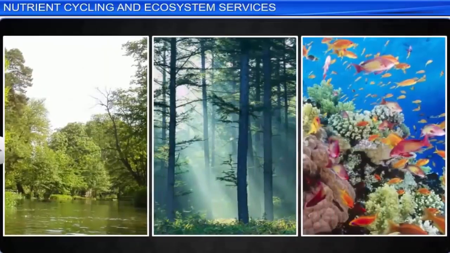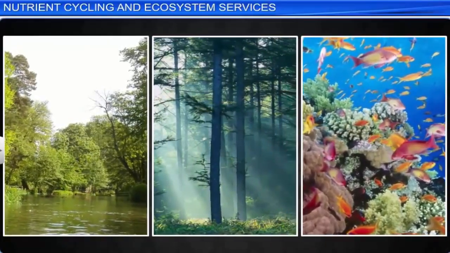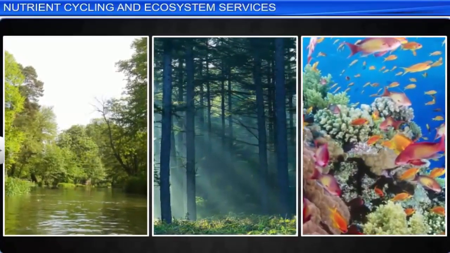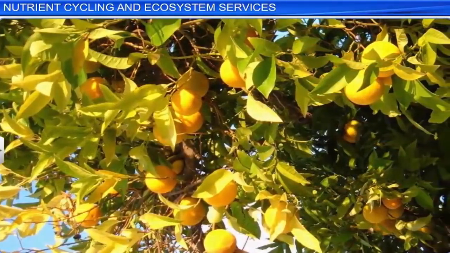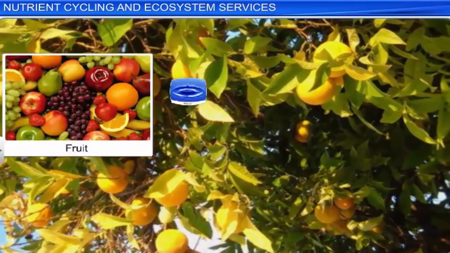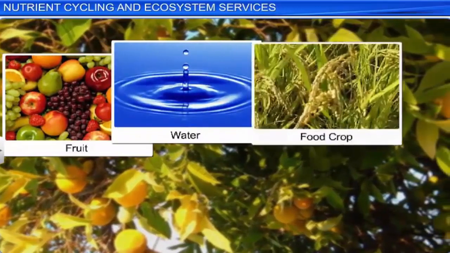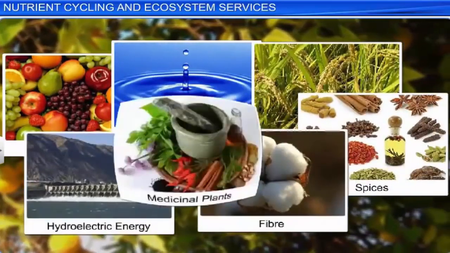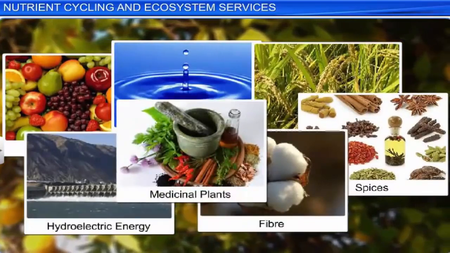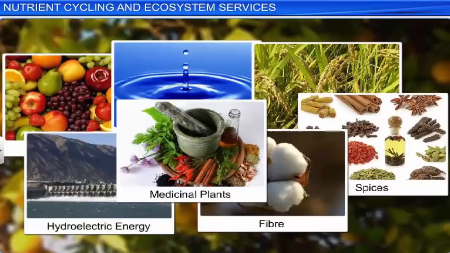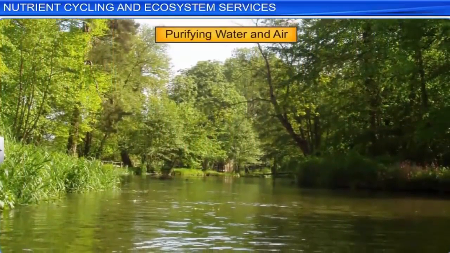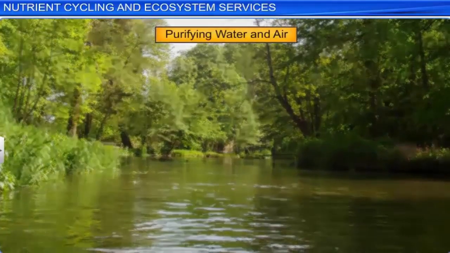Healthy and functioning ecosystems offer us a wide range of products and services known as ecosystem services. Some of the products provided by a healthy ecosystem include fruit, pure drinking water, food crops, spices, fiber, energy, and medicinal plants, among other things. A healthy ecosystem also provides us services or performs functions such as purifying water and air, maintaining soil fertility and wildlife habitats,